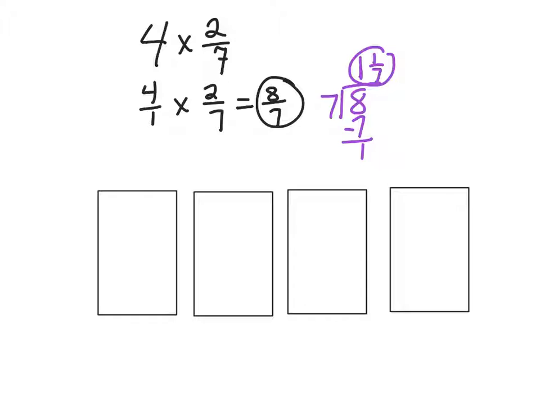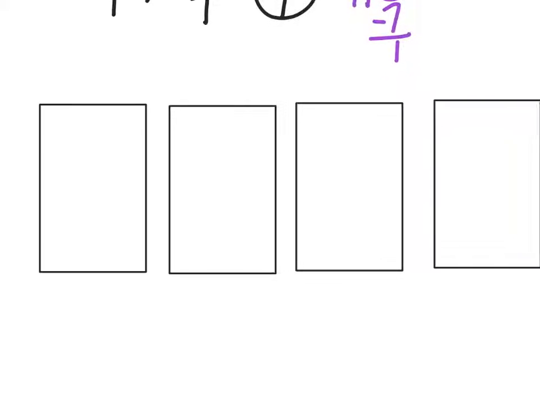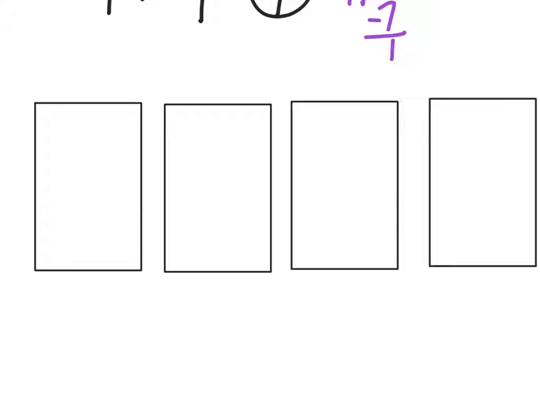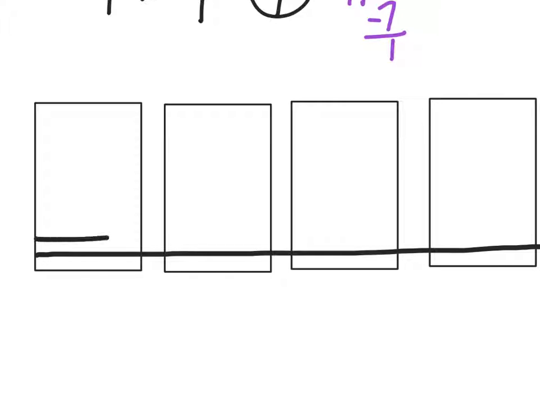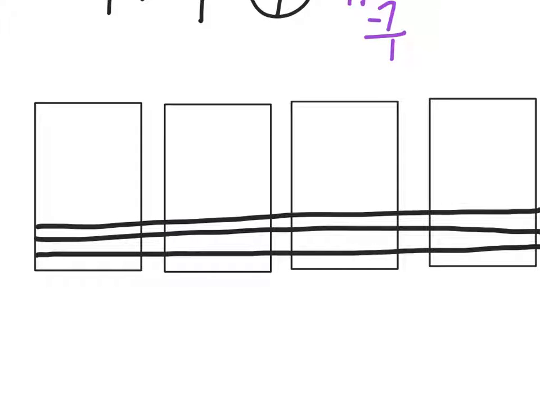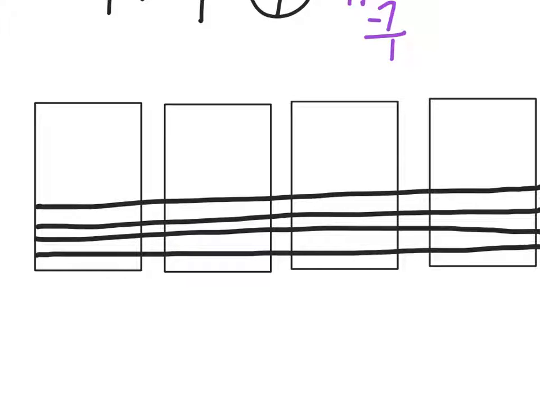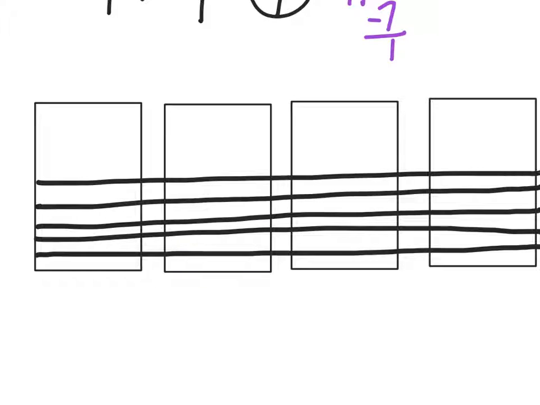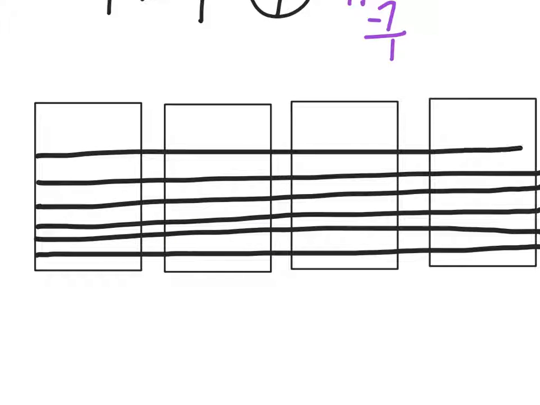I'm going to need to enlarge this because this is going to get tricky, my friends. 6 lines I got to fit in here. Ready? Here we go. I get 1, 2, 3, 4, 5, and 6 lines. Oh my gosh, I thought I was going to be so tight, and I actually had more room up here. I could have done another line, but I don't need it because all I need was 7 parts, and I got 1, 2, 3, 4, 5, 6, and 7 parts in each and every one of these,